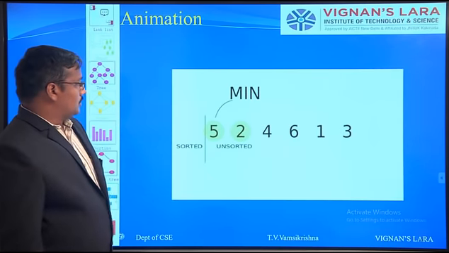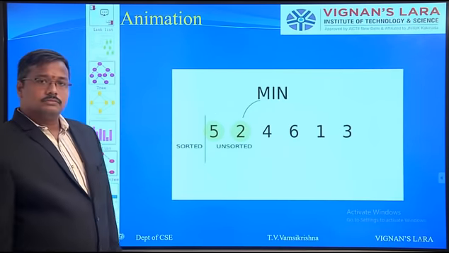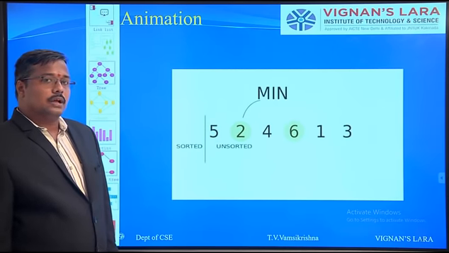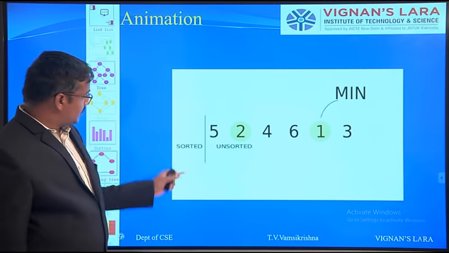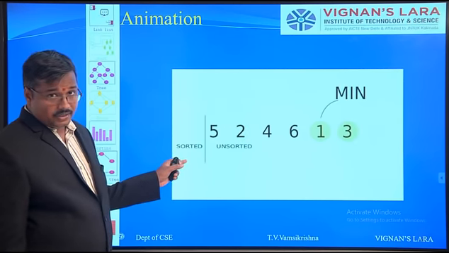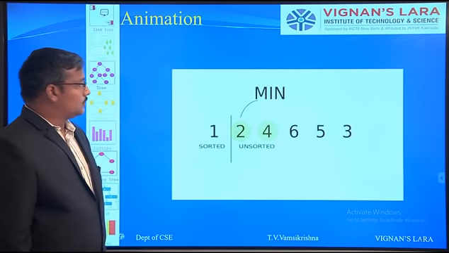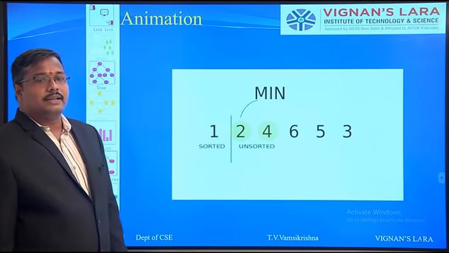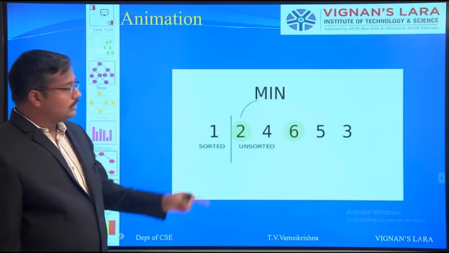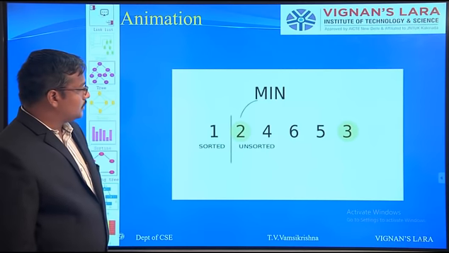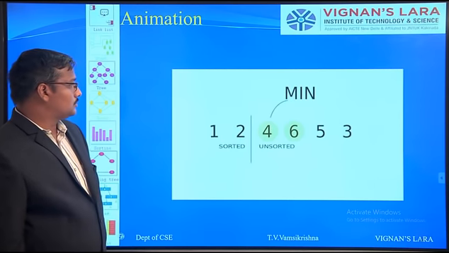So this is a small animation to analyze our selection sort technique. Initially the sorted list is empty, and this is the unsorted list of elements. We select one element as the minimum, find the minimum in the rest of the elements, and at last swap both.